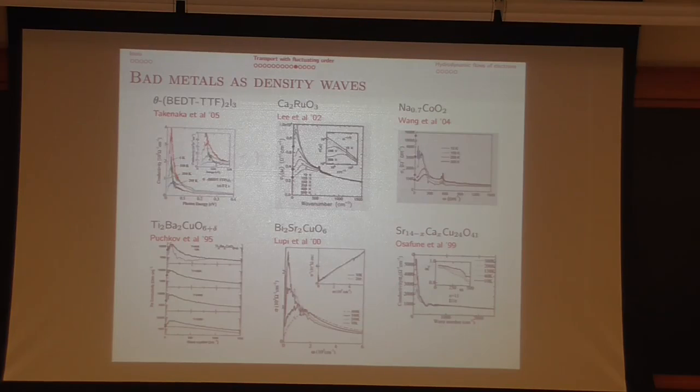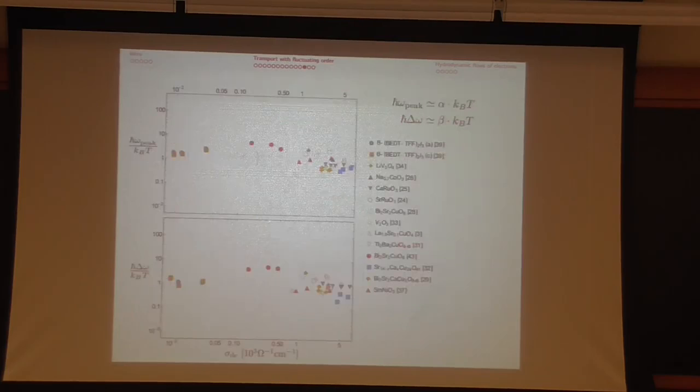And so one thing you can look at, so this is already pretty nice evidence. We have the fact that DC conductivity is fairly small. We have these finite frequency peaks. We can also look at how the peaks are moving as temperatures increase. So here the temperature is being increased, and you notice that the peak shifts position and the width of the peak increases. And it turns out that for basically all these systems, both the position of the peak and the width of the peak roughly scale with